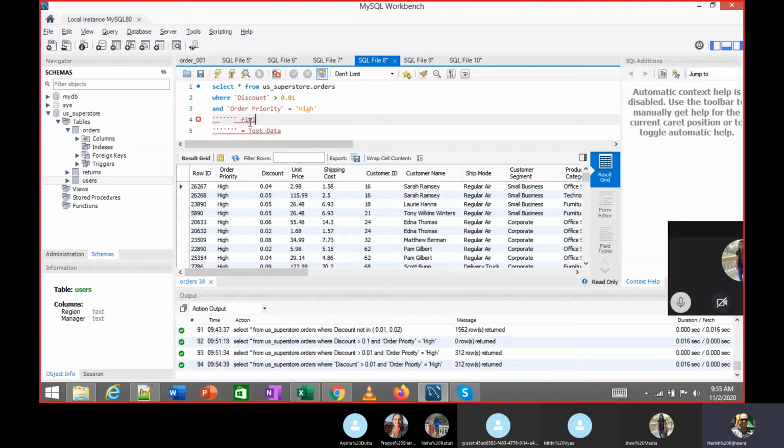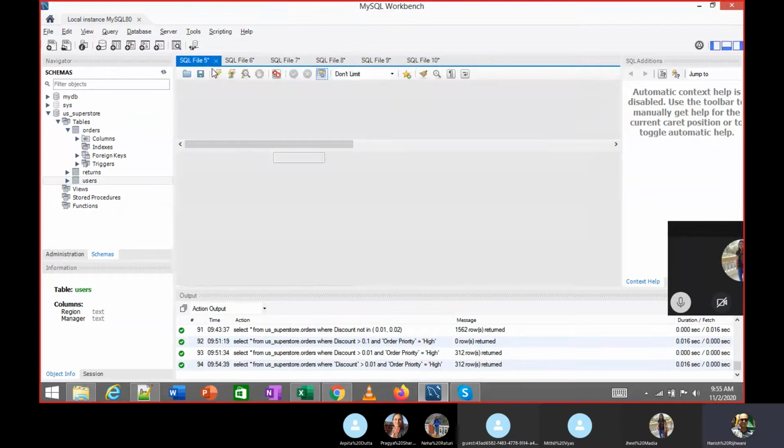This has to be used with field names only. You need not use it if your field name does not have a space. So you don't need to use it with discount, but you can. Make sense?